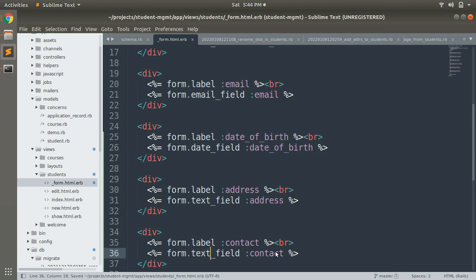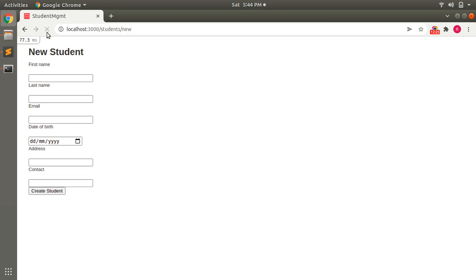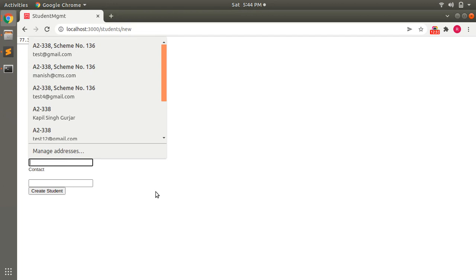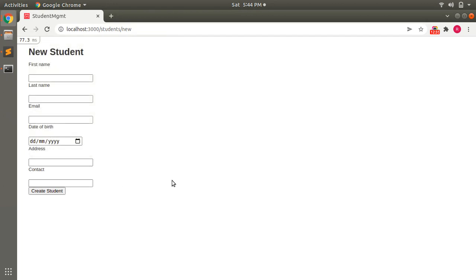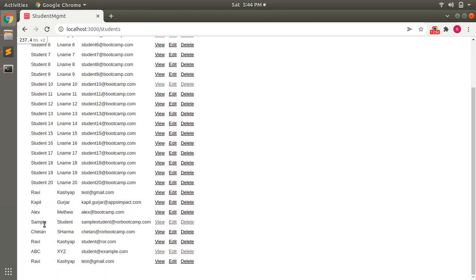And now reload your students form in the browser. So when you reload this form now, you will see date of birth and address and contact attributes on the form. But now when you click submit, let's create here first name as Ravi Kashyap, and now submit the form. You will see that student will be created.